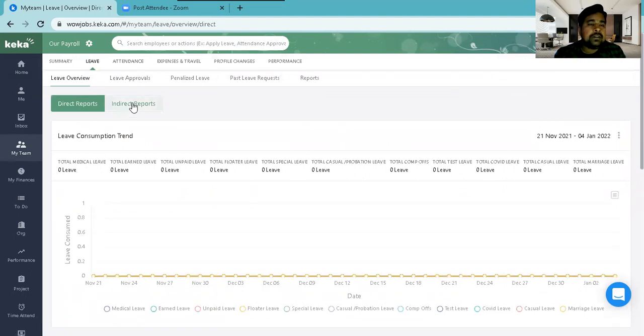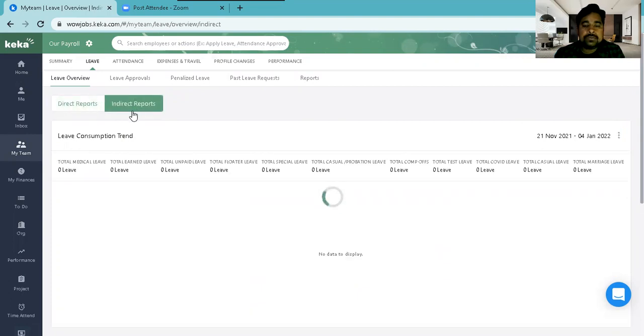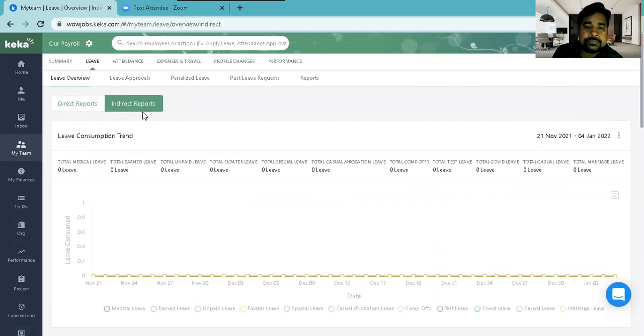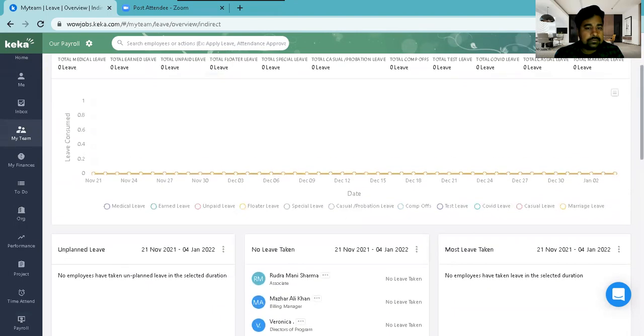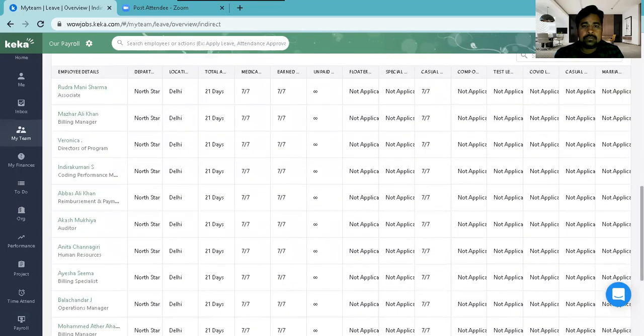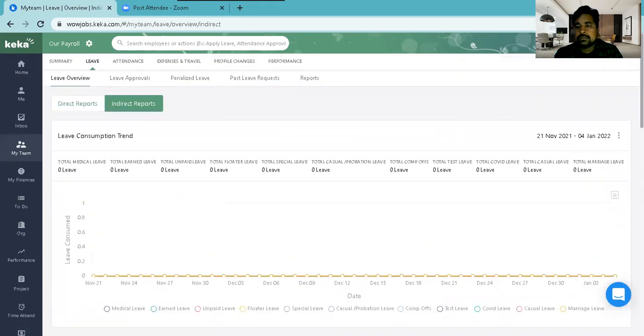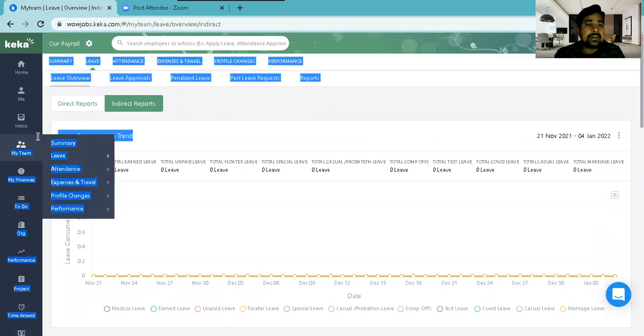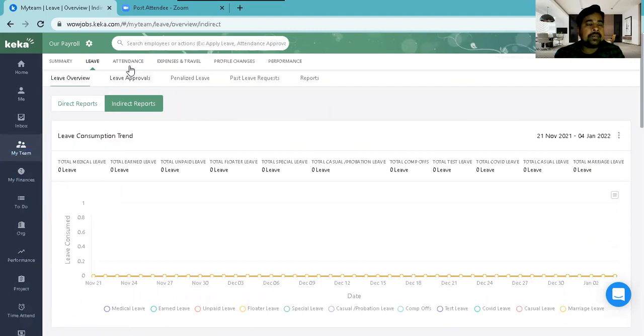You can see indirect reportee details also. So it will show the leave consumption trend basically.